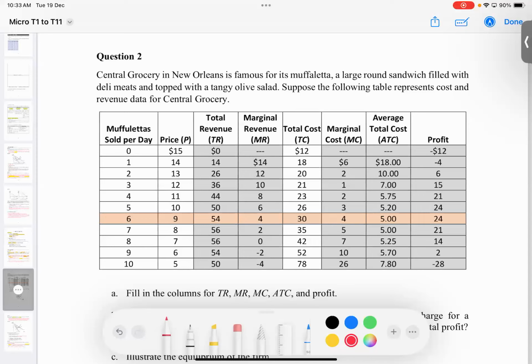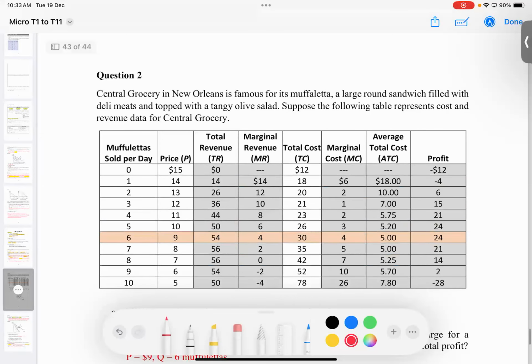Make sure you try to do all this by yourself when you revise. Make sure you do not make mistakes in these calculations, because you already know that there will be one full question on cost calculation. So make sure you're familiar with the calculation on this. Okay, so very quickly, let's just go through this together.